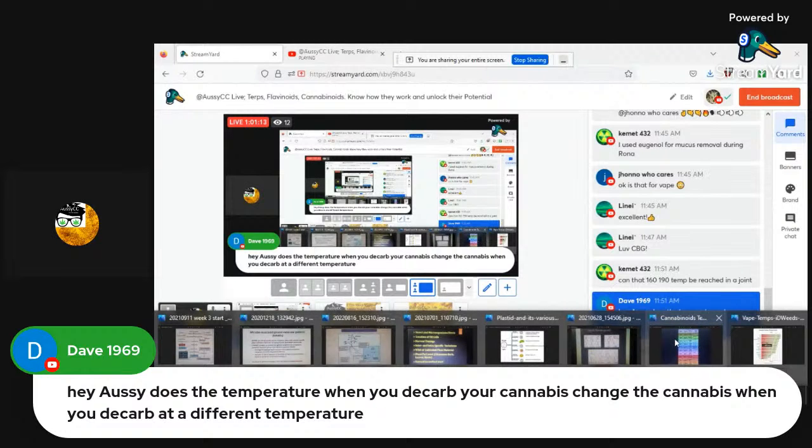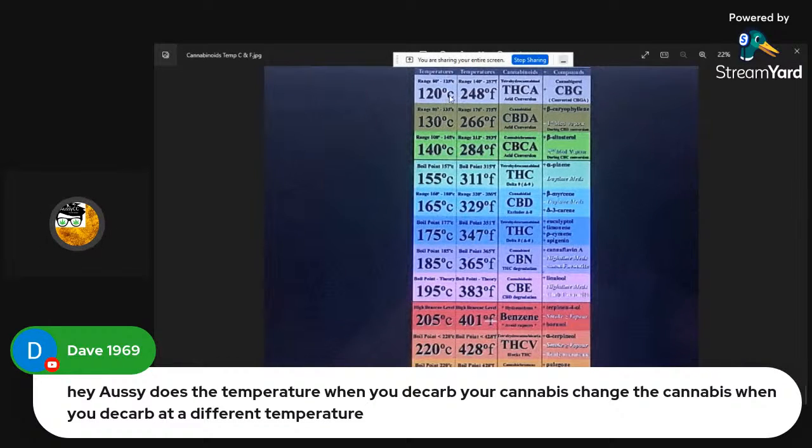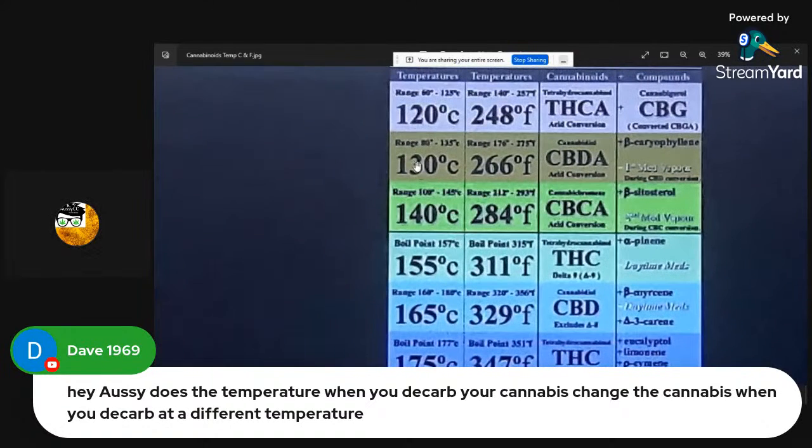Well, back to this one. If you decarb it at a low temperature down here, it won't change the cannabinoids. So I suppose it's really to do with this 140 and 280 F. So if you were to decarb it at a really high temperature at 140, see how there's an actual range here in between. So if you were to fine tune THCA, it ranges in between 60 and 125 Celsius or 140 F, 257 F. So of this, I'd try and change, I'd go the lower end of it. And then you can tell by the difference when you smoke it.